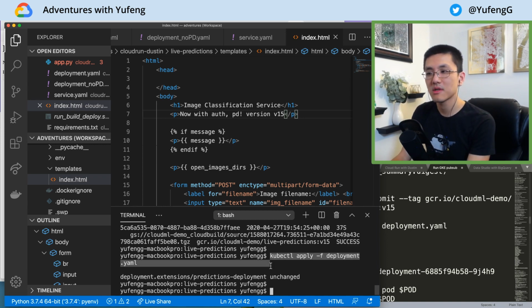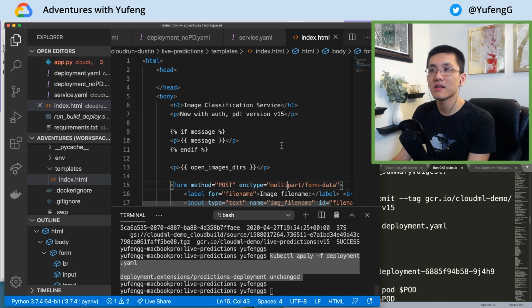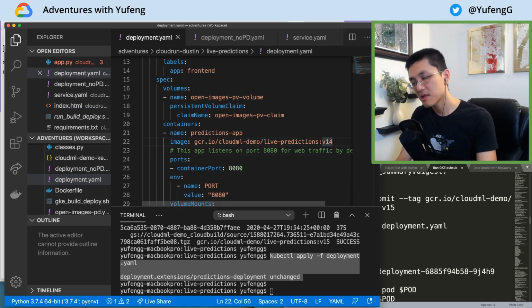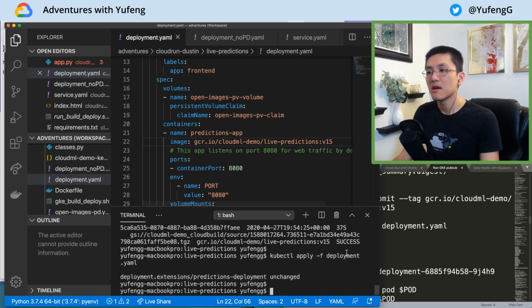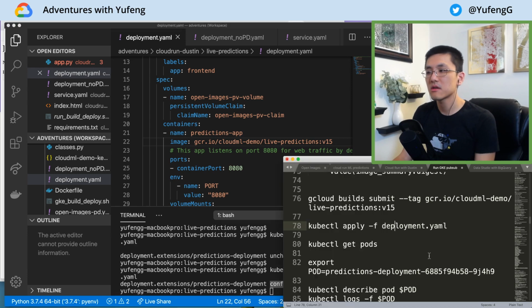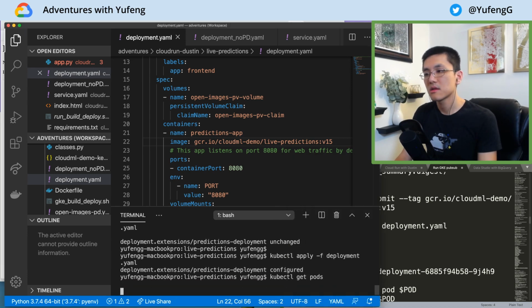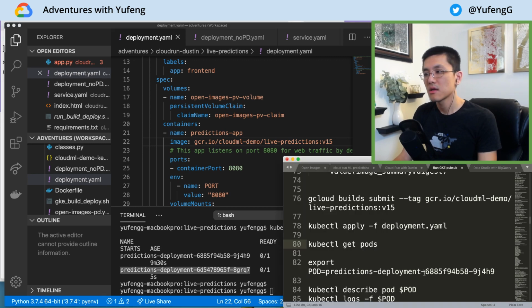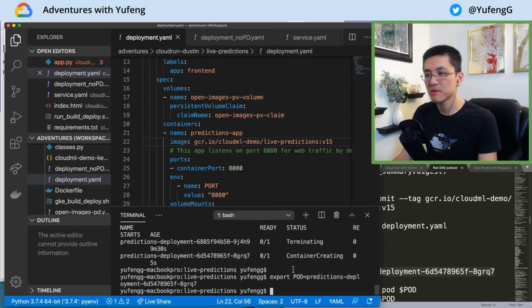So here's an example. I ran this thing, it says deployment unchanged, nothing happens. And of course it's because I did not update this number from 14 to 15. So now I'm going to rerun that command and we should be good to go. It says configured. Let's get the pods. We see a container is creating. We're going to get this value out, paste it in here, copy the exported environment variable,